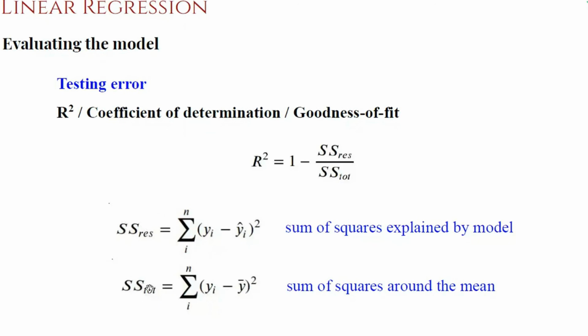It doesn't matter what SS total is. If these two errors are exactly the same and we put it in this equation, what will be the value of R square? 0. Because these are exactly the same, it will be 1 minus 1, which is 0. So if R square value is 0, it means our machine learning model is not doing any better job than the simplest model. So there is no use of going through all this hard work.